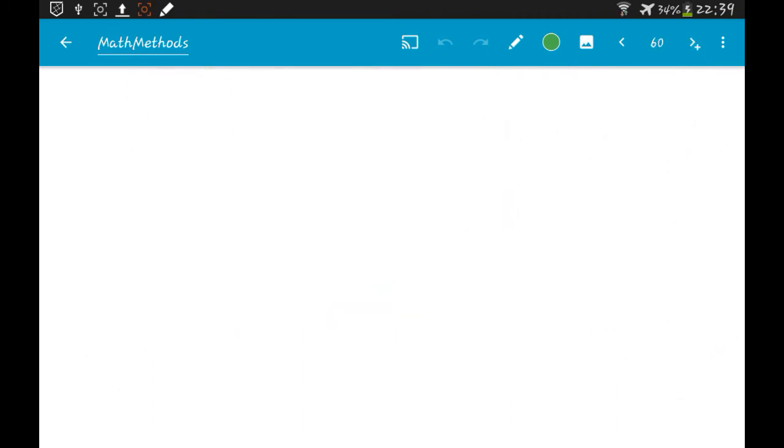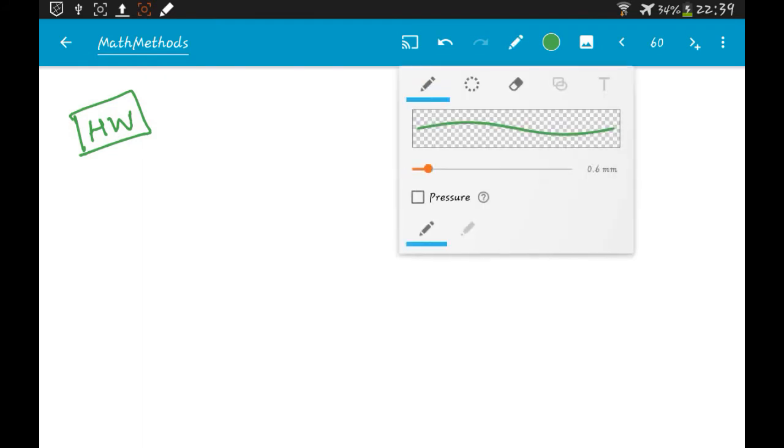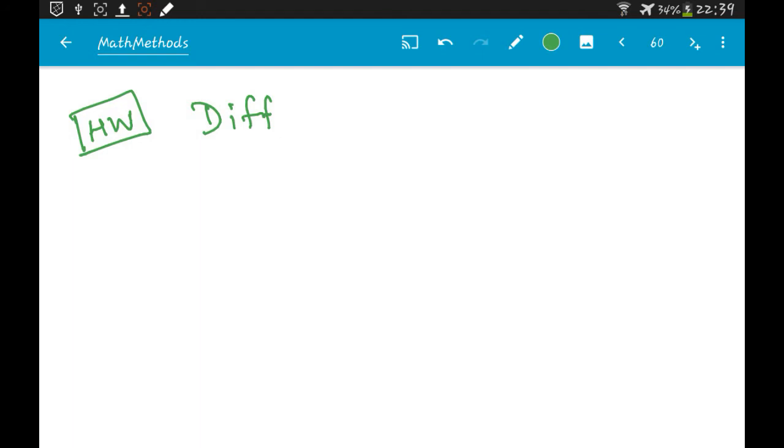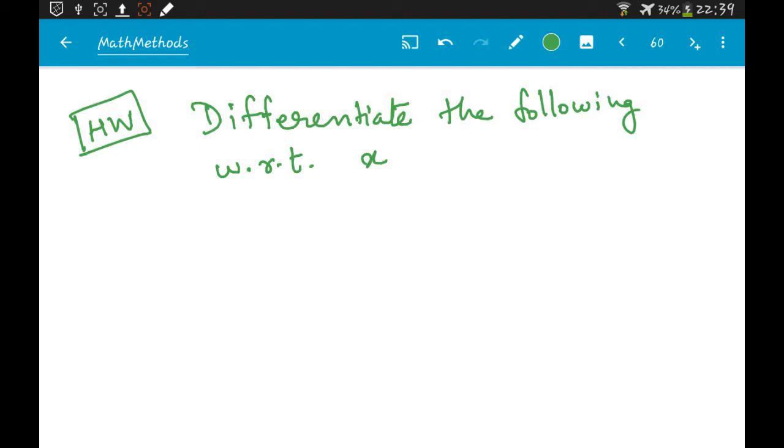Alright, so I'll give you some small problems for those of you who have difficulty or who think that differentiation is hard. I want you to practice with these problems. So first, differentiate the following with respect to x. So 1, you would have e power ax,